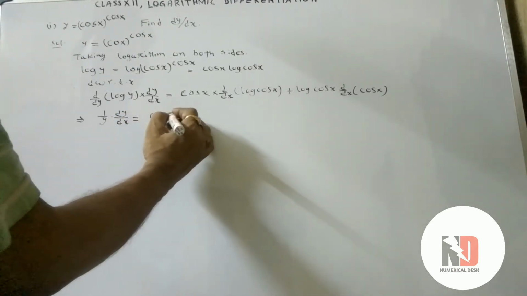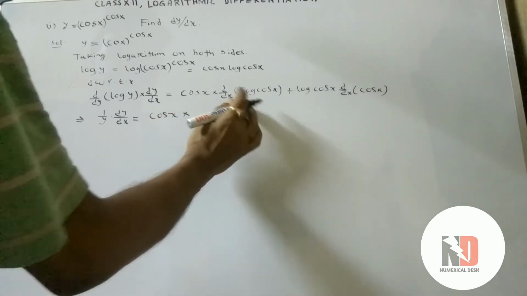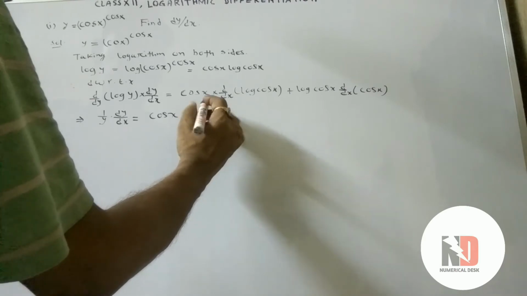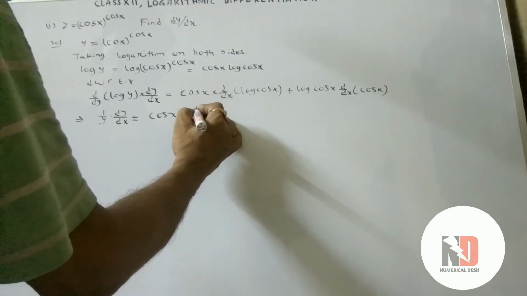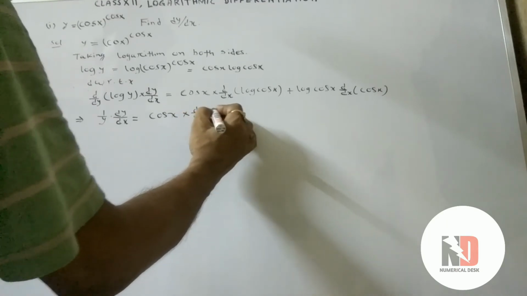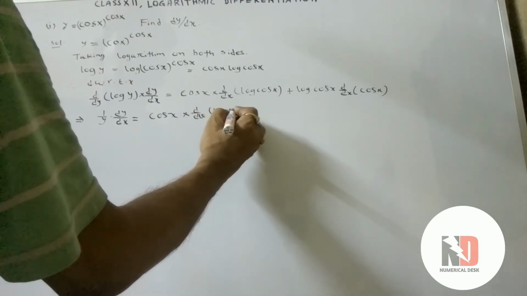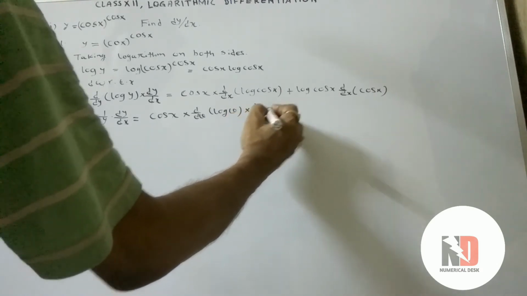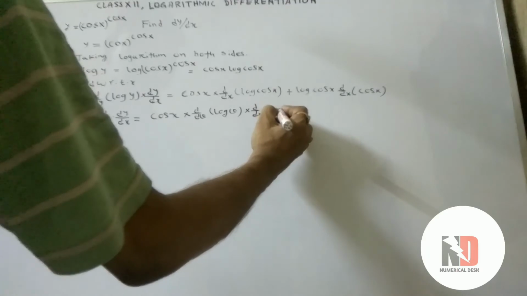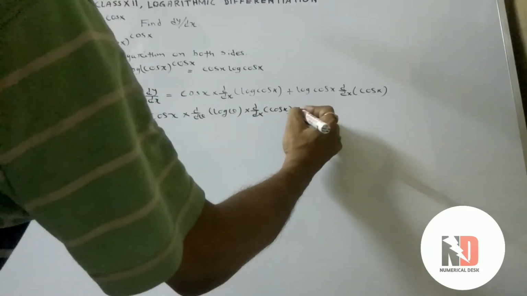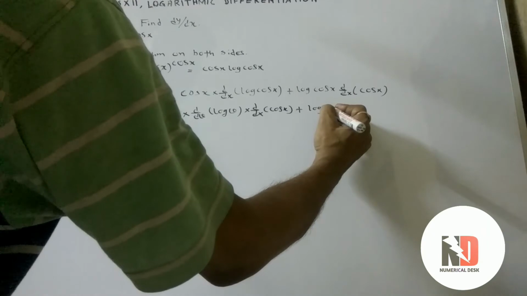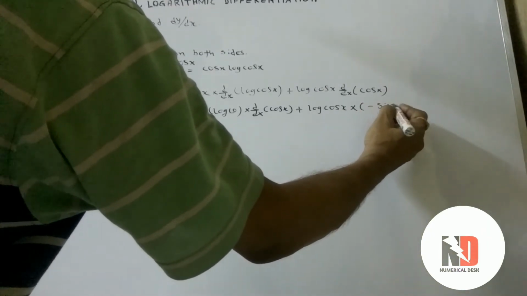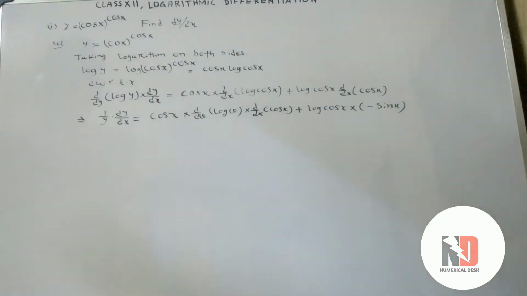Now cos x, it is log cos x, so we assume cos x is equal to v for this term, so that it becomes a standard form for differentiation. So d/dv of log v, log v is a standard form, into d/dx of v. We have to get the differentiation of that part, plus, so chain rule is applied in the first case, log v into d/dx of minus sin x. Easy.